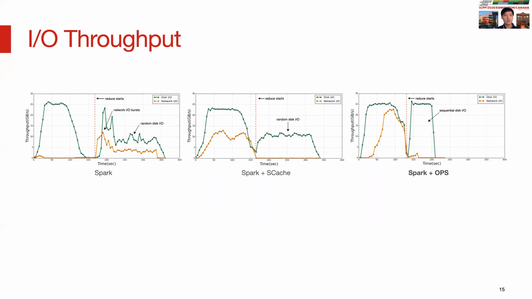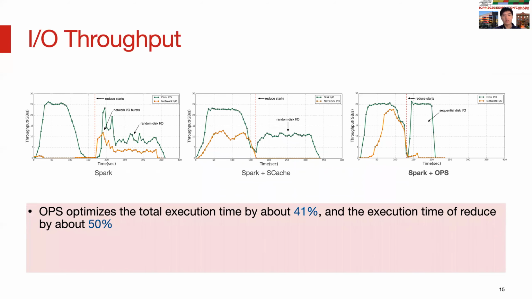Ops fully utilizes the throughput of the disk and the network resources, and the total execution time of the application is optimized by 41%, and the execution time of reduce is reduced by about 50%. Ops outperforms original Spark and Scache in our experiments because of the early merge strategy and the improved early shuffle strategy. For network IO resources,